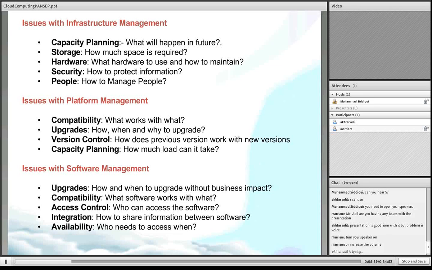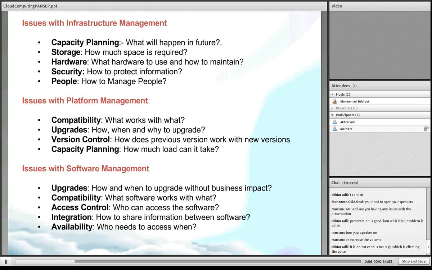And it goes for everything. Somebody is responsible for upgrades, version control, capacity planning, compatibility. So as an IT department, if I have to worry about all those things continuously, how would I support the business? On top of all this, the business comes back and says, you know what, I need 4 new applications built within, let's say, 2 weeks. So what do I do with all this stuff? Somehow I need to manage this, right?